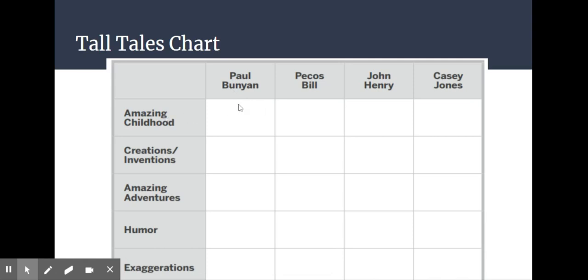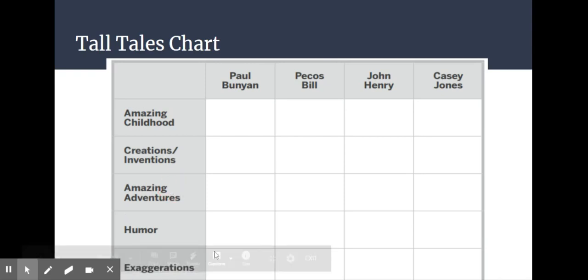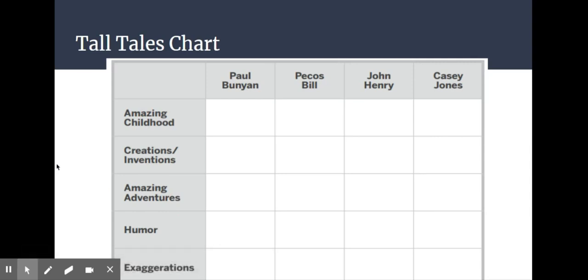So where did Paul Bunyan have an amazing childhood or as a baby? What did he create or invent? What amazing adventures did he have? How was the story humorous or funny? And then at the bottom, you can't really see it that well. There we go. What were some exaggerations in the story? So you're going to go through that as our application.